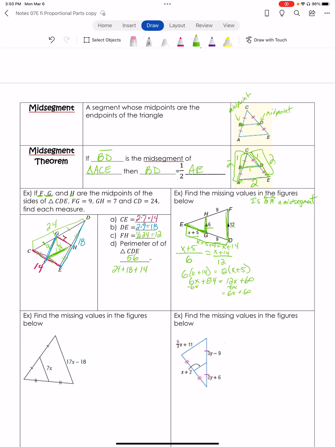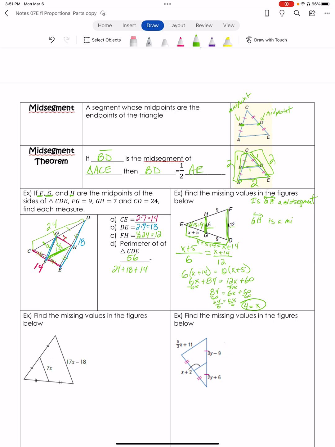6x plus 60 is equal to 84. I subtract 60. 24 is equal to 6x, divide by 6, divide by 6, x is equal to 4. And 4 plus 5 equals 9. So GH